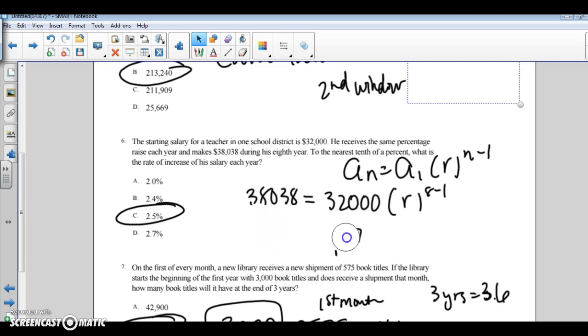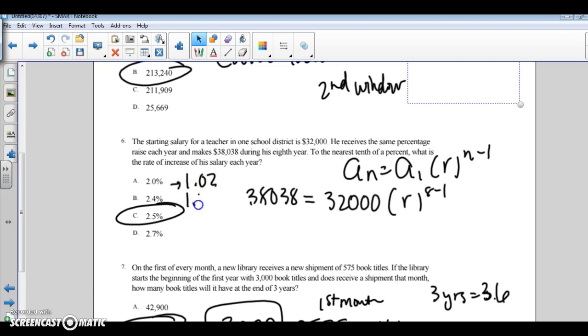Number 6 is a geometric question. It says that a starting salary for a school district is $32,000. Receives the same percentage raise each year, which to make it $38,000 at the end. To the nearest 1/10 of a percent, what's the rate of increase of his salary? So this is our formula. You have to remember that when you do percentages like this we would put it in as